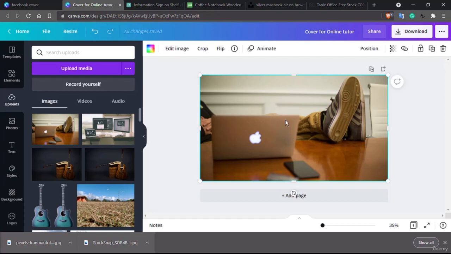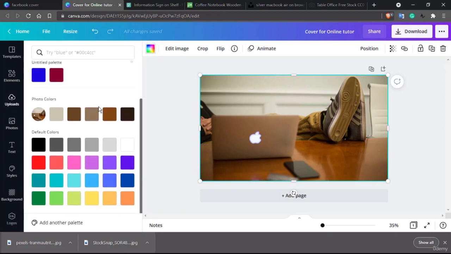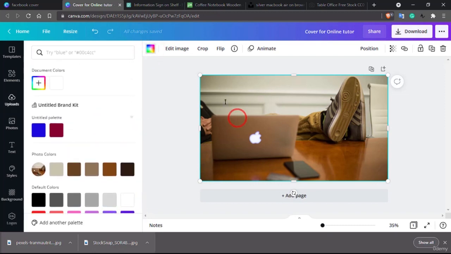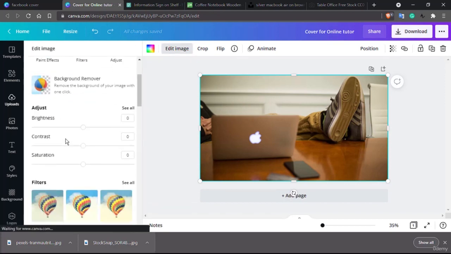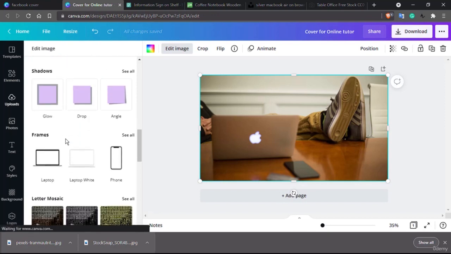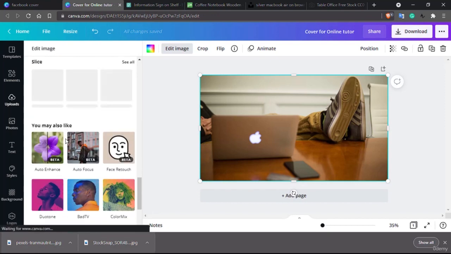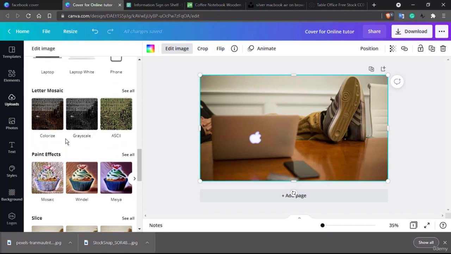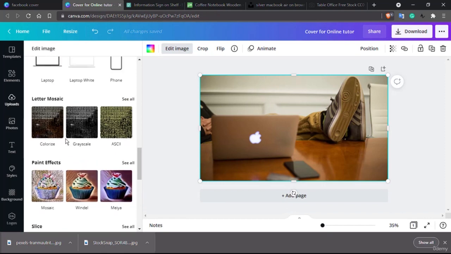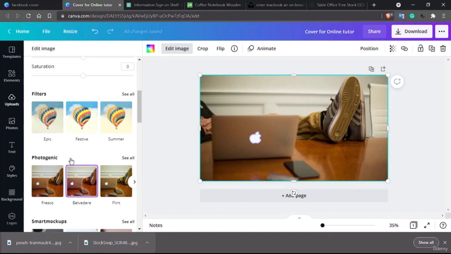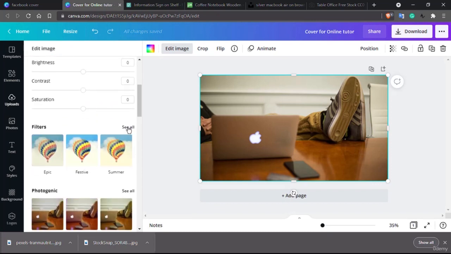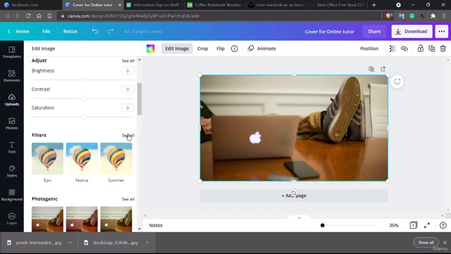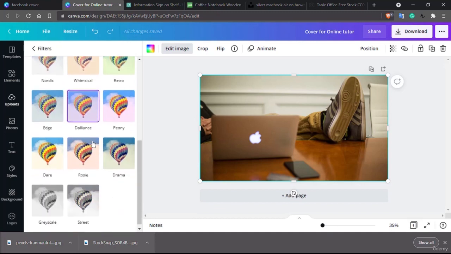So from this image, you can do different sorts of things. For example, I'd like to apply a sort of overlay on the image. For example, I would prefer this image to be a bit dark. So yeah, here is the filter one. I was searching for this. Or you can go to SEO and